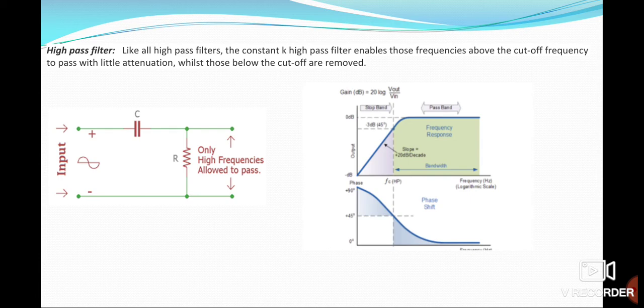So as the name suggests, it basically passes the high frequencies and rejects the passage of low frequency signals. In the given diagram we can see that the high pass filter is basically connected in a reverse way to that of a low pass filter. That is, here the first passive element is the capacitor, connected in parallel with the capacitor is a resistance. So here only high frequencies are allowed to pass.